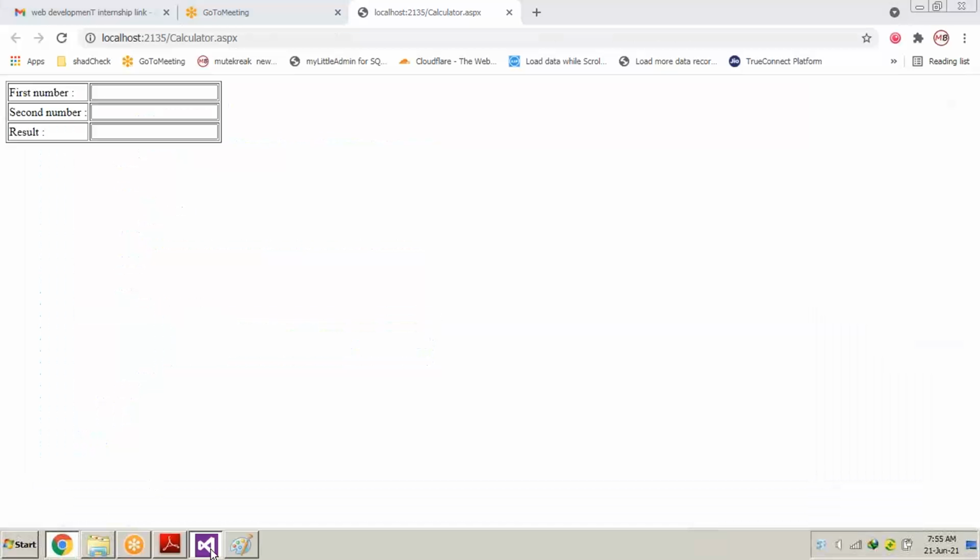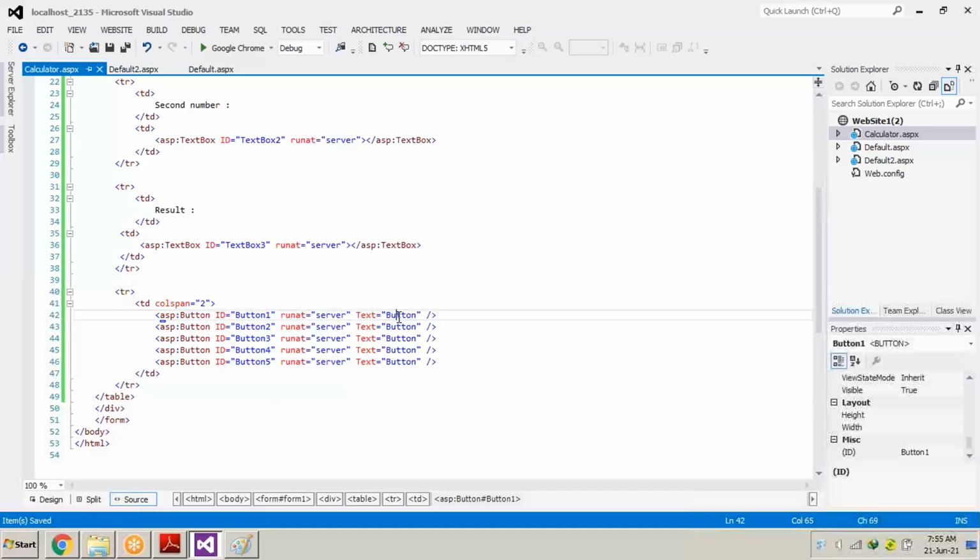When you run it first, let me see how it looks. Okay, you can see the 5 buttons appeared over here, but every button has the name itself: button, button, button, and button. So for that we have to change the text. The first button will be addition, so we put a plus sign inside inverted commas. The second will be minus. The third will be multiplication, so we will put the X sign over there. The fourth will be the divide sign, and the fifth will be clear. So we have to write CLEAR in the text.